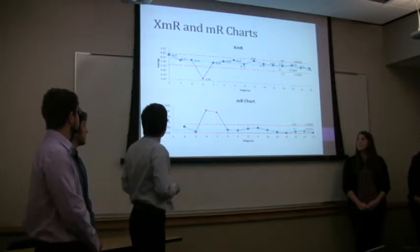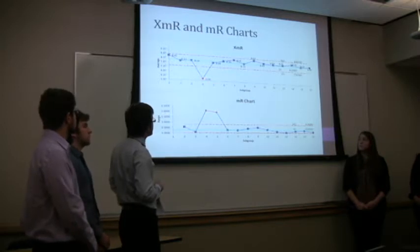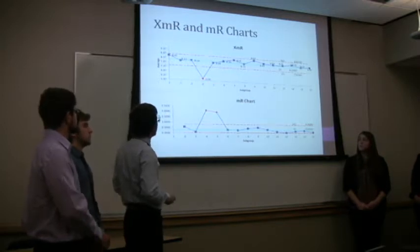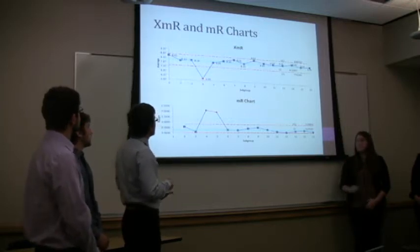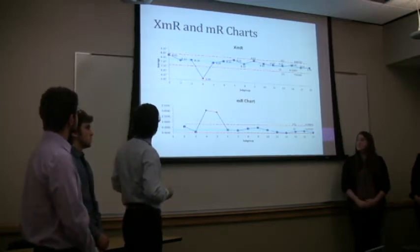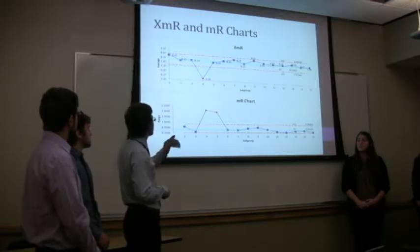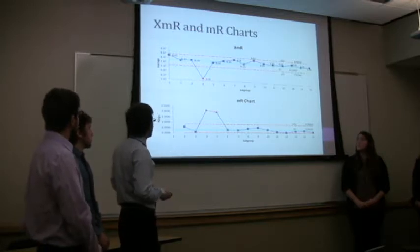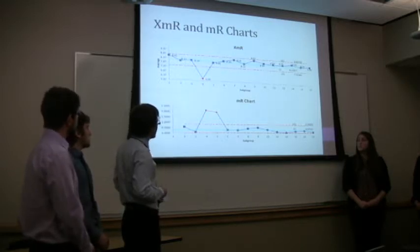So here, as we can see, we have 1 point out of process specification, that is 6.09, and this is the lower point. The highest value that we got was 8.63 over here, but it's not out of our upper specification limit, or our upper control limit. And this point out of control here results in 2 points out of control in our moving range chart. So